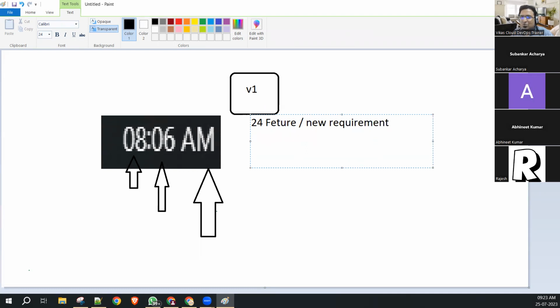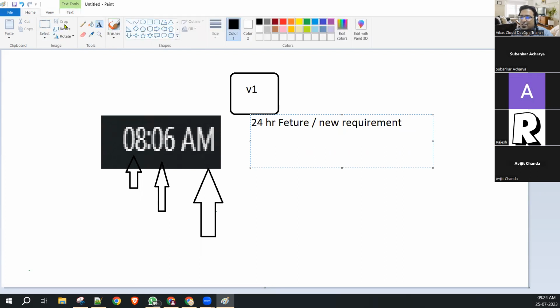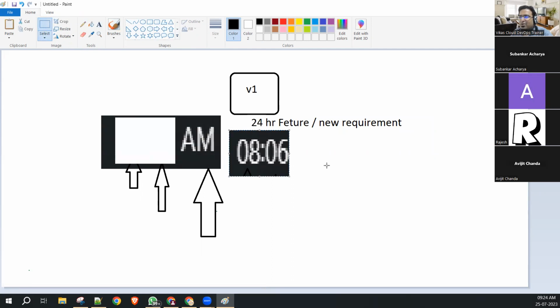So what will the developers do? They will keep this code, and they will create a new feature which is the 24-hour format. In this 24-hour format, the AM/PM feature will be removed, and this clock will work from 0 to 24. Are you agreed with my point? Yes or no? Yes. Okay, when you present this clock in the new version in front of the client, saying we have created the 24-hour format clock,